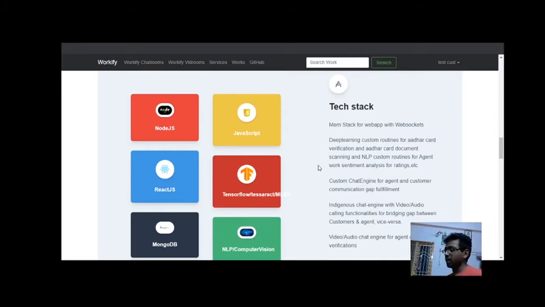As you know, we have skilled works and unskilled works. For skilled works like cooking or more professional works, the verification needs to be tighter. So we use our own video-room or video and audio engine, where the agent should be present in front of the camera, and we will ask some questions like signature and everything. It will be like a KYC process, done online. Once it's verified, he's ready to be an agent, and he can take the job.